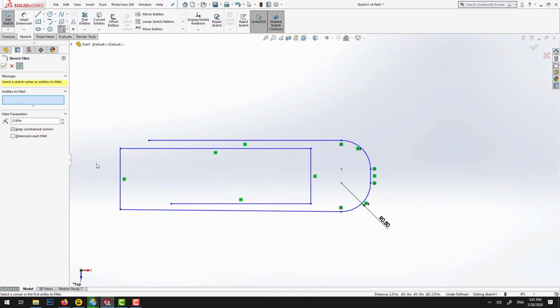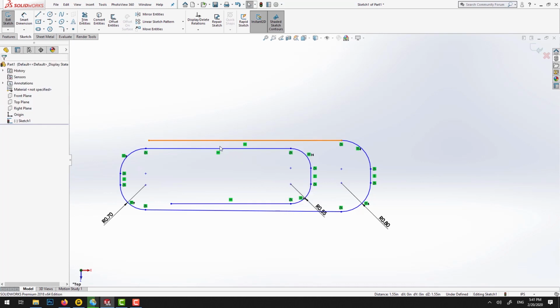Okay, the next one we can do 0.7. And the following one we could do 0.55. Perfect. So you have to remember that there's not much room here, so we're going to do a second sketch